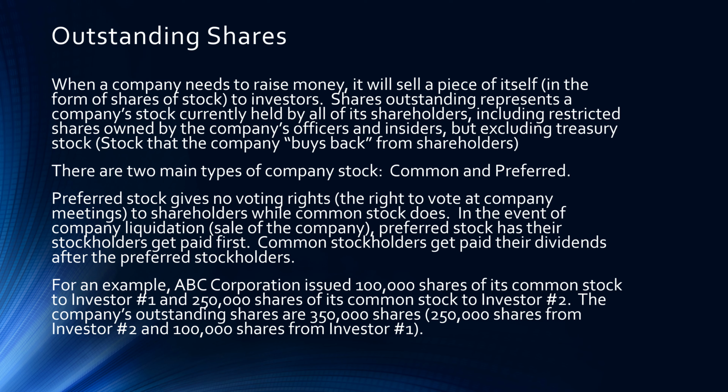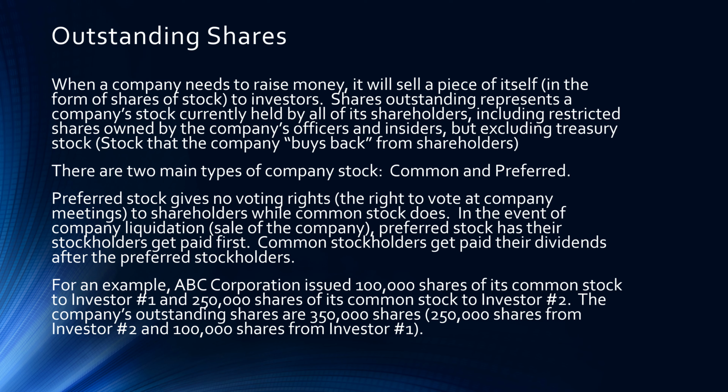For an example, ABC Corporation issued 100,000 shares of its common stock to investor number 1 and 250,000 shares of its common stock to investor number 2. The company's outstanding shares are therefore 350,000, which is the 250,000 shares from investor 2 and the 100,000 shares from